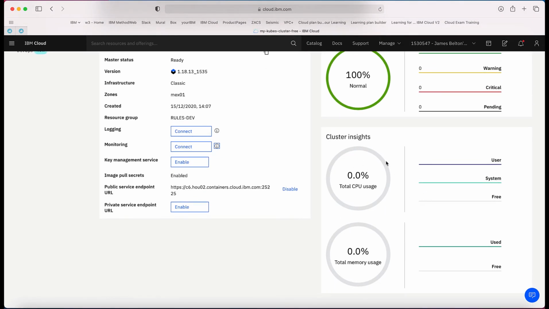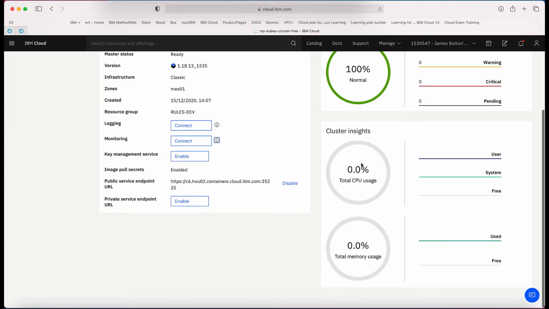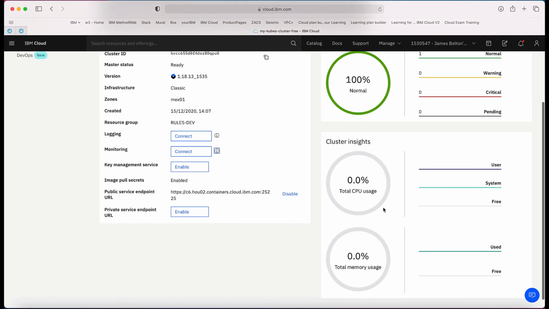With this little panel here, you can then see how busy your cluster is. I've got nothing running on this cluster at the moment, so it's showing 0 total CPU usage and 0 memory usage. But if I had a workload on there, then I could see how busy my machine is. Obviously, if it was quite heavily loaded, then that might be a signal for me to actually add nodes